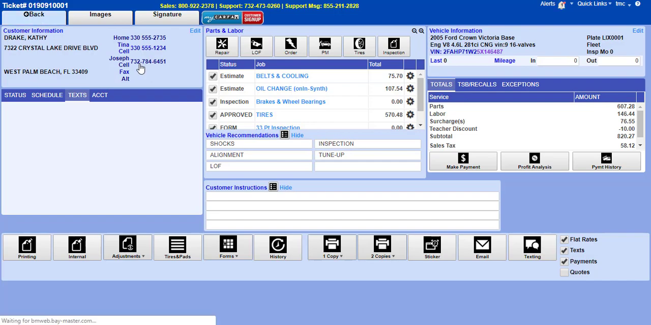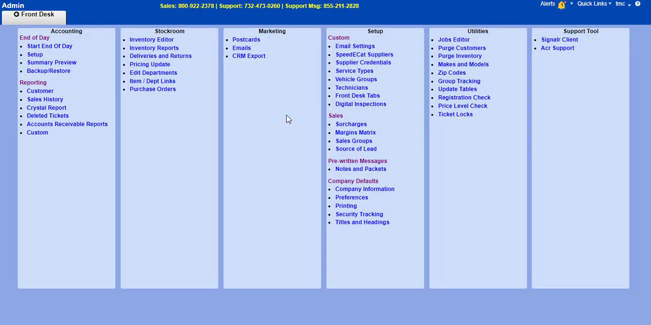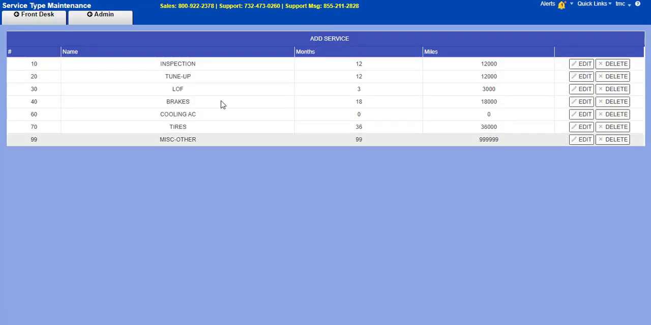I mean, if we go back, this is all of your open tickets, admin. This is pretty much where, you know, email settings or suppliers. You can set up different vehicle groups, your service types that it tracks. Like if we come in here based on the intervals. So you have inspection every 12 months, and every time an inspection is done, Baymaster will remember because we also have a postcard feature where you can go in and, you know, print reports on,